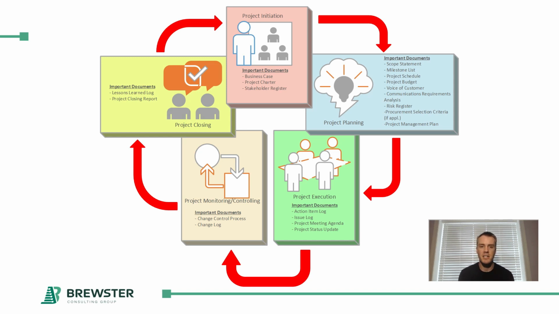All right, moving on to project closing. So the important artifacts within project closing that I've outlined here are your lessons learned log and your project closing report. So first, your lessons learned log incorporates all of the lessons that you've learned throughout the project. This can seem like a pretty daunting task. So it's really important to acknowledge that, hey, we need to have a mechanism so that whenever we learn something through this project, we have a way to document that in all of the process groups as you're working your way through your project. So that contains information like who learned the lesson, what the lesson was that was learned,